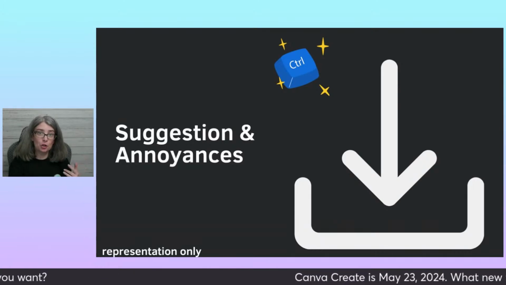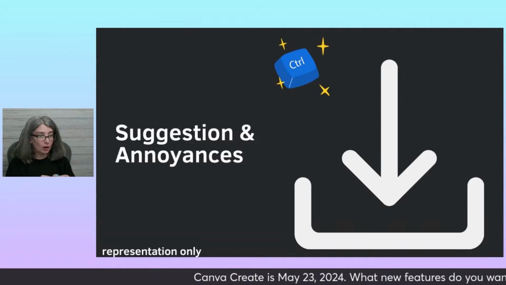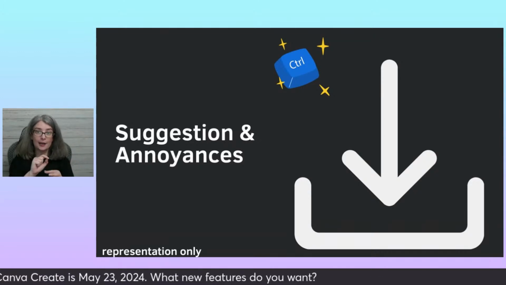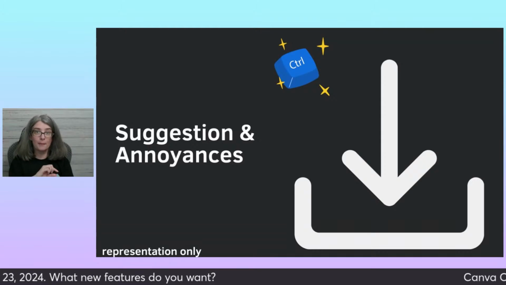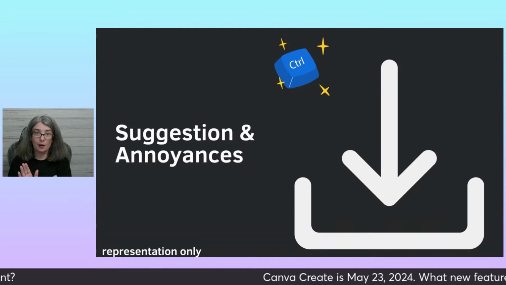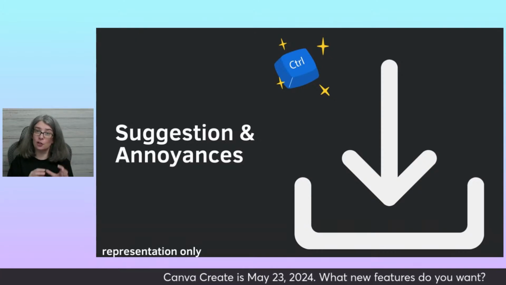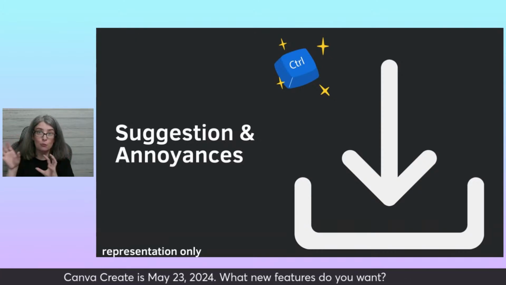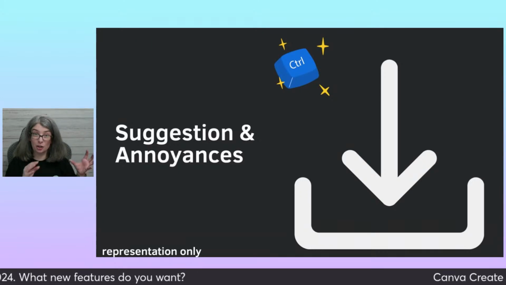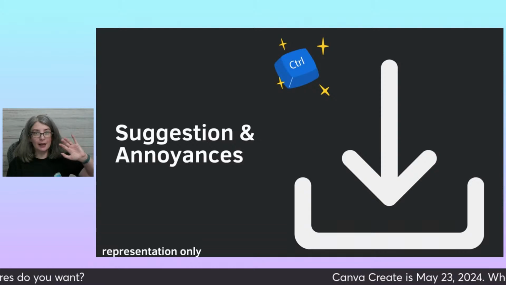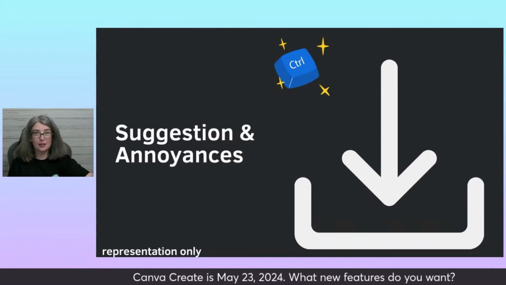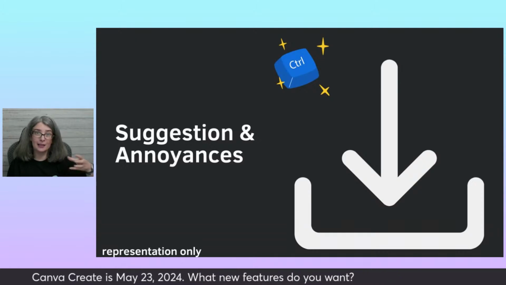I would love a keyboard shortcut for downloading, or Darren suggested a little download icon right on the page, and it would just pull up a PNG or a JPEG, and you would just have maybe one option, and it would just download that page. You wouldn't have to select anything. It just would be right there. I think that's fantastic too. But keyboard shortcuts or custom keyboard shortcuts, like in StreamYard, where I can customize keyboard shortcuts for some actions, I think that would be great in Canva as well.